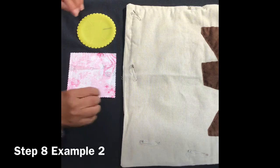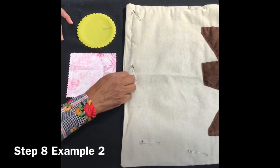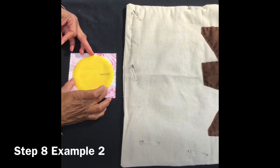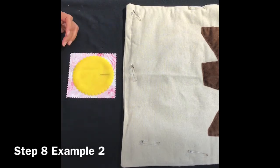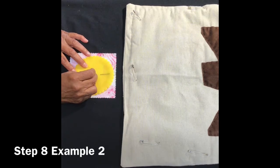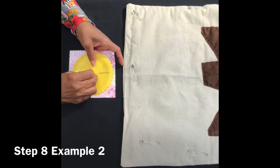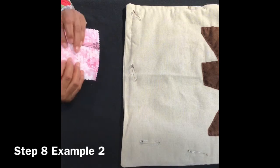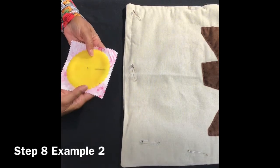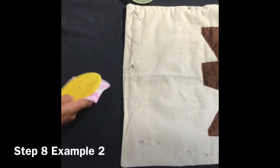All right, we're ready to make our yo-yos. We're going to take our fabric and lay it down face down. Take the smaller ring and place it in the center. Make sure you have fabric all the way around. Take a straight pin, it's a little trick I learned, and stick it through the center of that small ring and carefully pull up the fabric so that the needle goes through the center ring and the fabric, and your fabric is stationary now. So when you put it in the big ring,